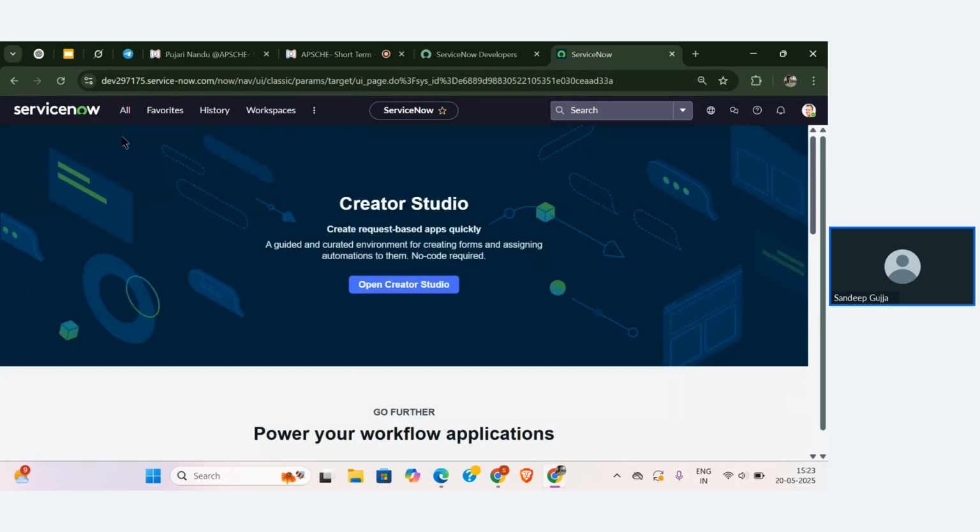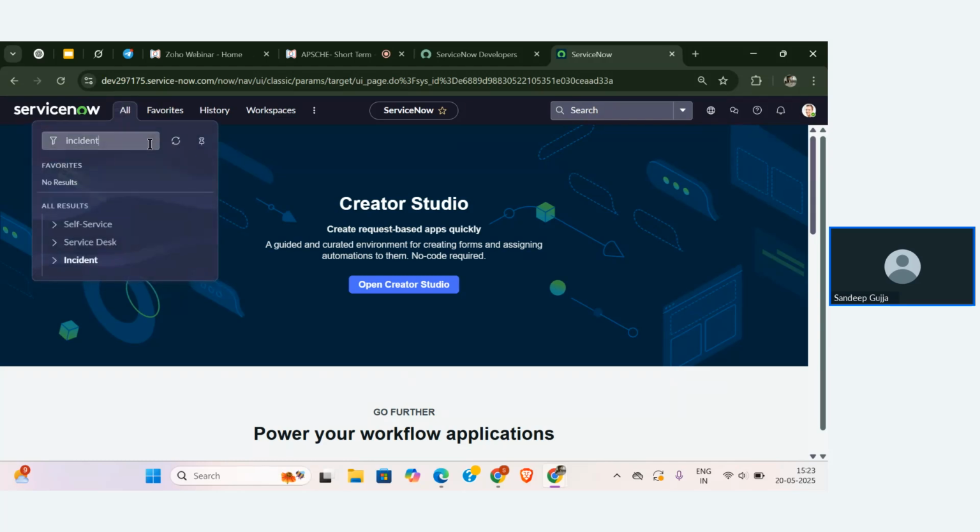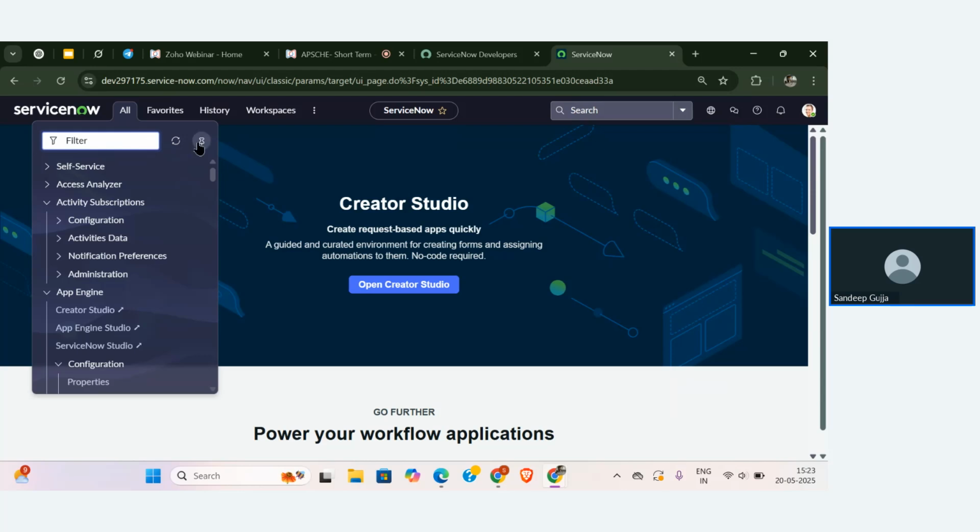And on the left side, if I click on this All, this we call the All menu. That is very important to access each and every application that we have. Everything that you are going to implement in ServiceNow, we are going to do with the All menu. So you need to blindly remember this. We are going to work on each and every concept in the form of an application, and that can be accessed in the All menu.